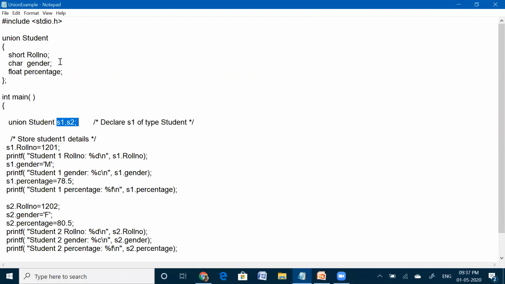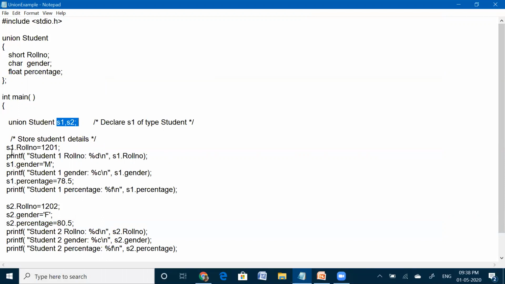this union's members, and each time we can store only one member in that memory location. Suppose you decide to use roll number, you just store the roll number in that memory, then access that roll number. Or if you want to access percentage, store only the percentage, then access it. But at a time we cannot put all three into that memory location because it will not be sufficient, right?